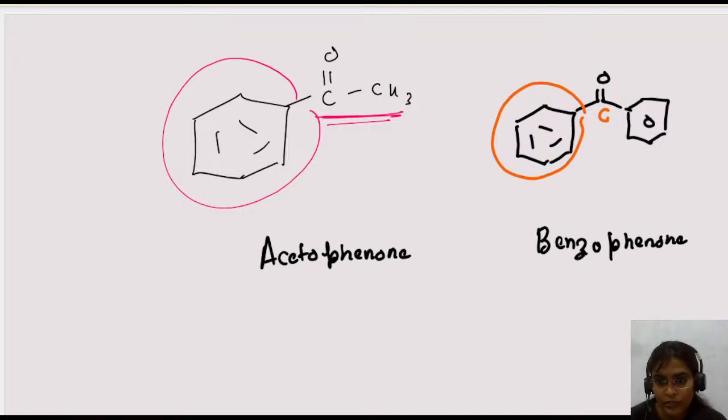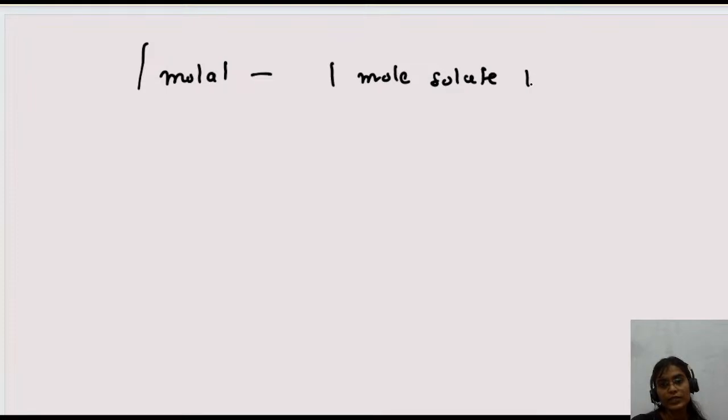So lowering of vapor pressure due to the solute, 1 mole at 100 degrees Celsius. We have to identify the lowering of vapor pressure. We are given a 1 mole solution. 1 mole means 1 mole of solute present in 1 kilogram of solvent. So the lowering of vapor pressure formula, you can say